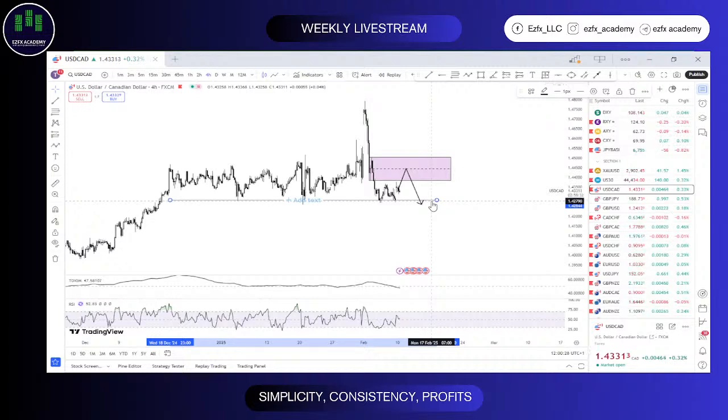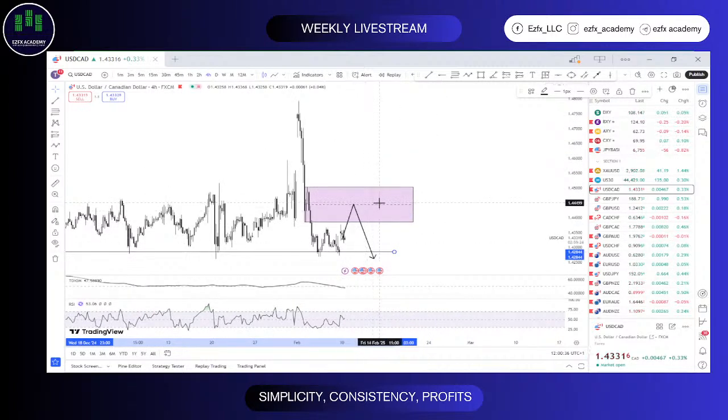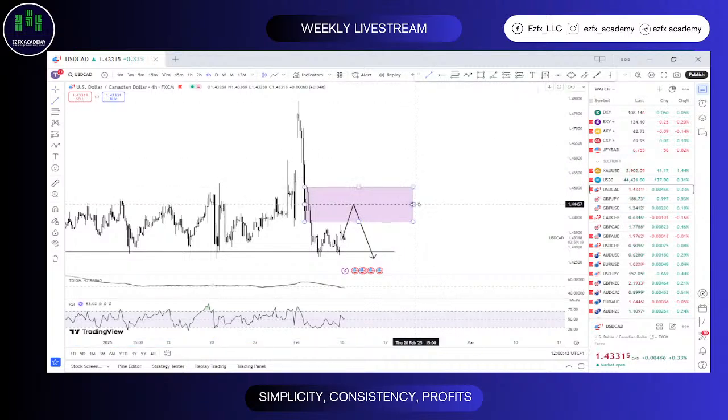So I want to see that support being broken eventually, and then price sweeping equity from those relative equal lows. But for me, I think this week you can just watch out for a buy at least up to this point. Preferably, you can just work with the 50%, which should be around 1.44457 for the sell. I'm just expecting price to at least come a little bit more into this zone. That'll be my sell POI, and then we get to see the drop from there.